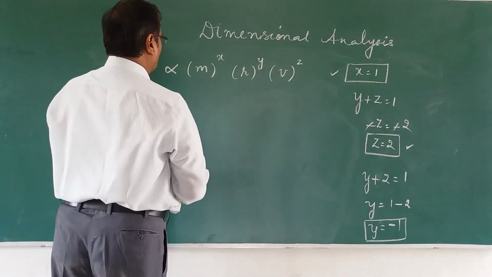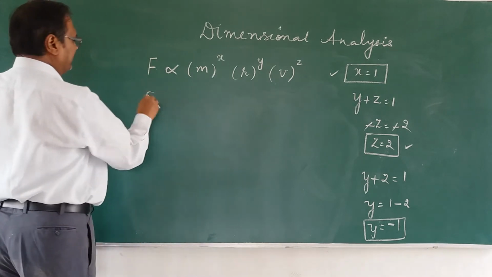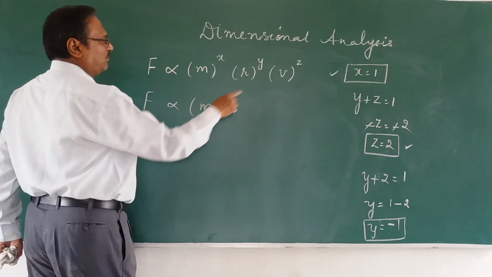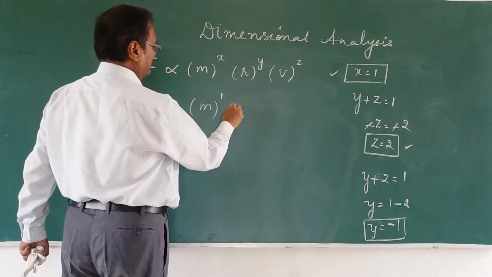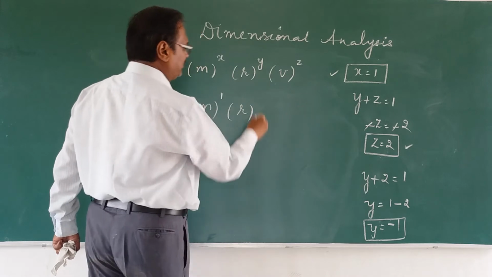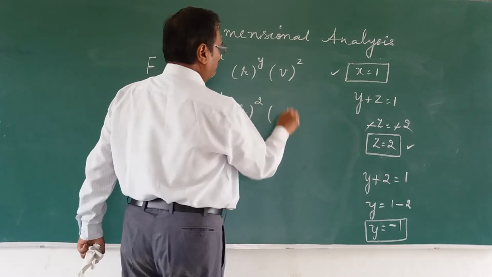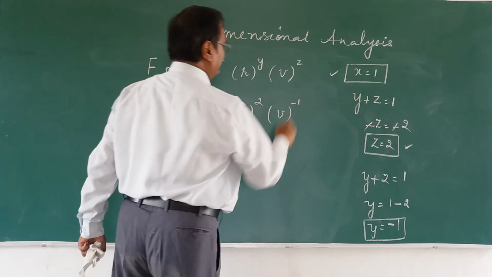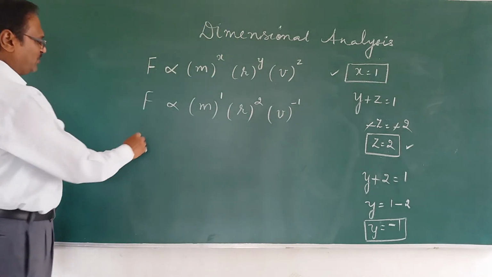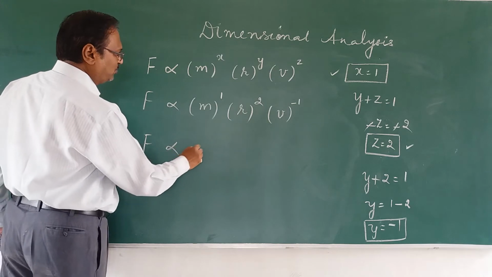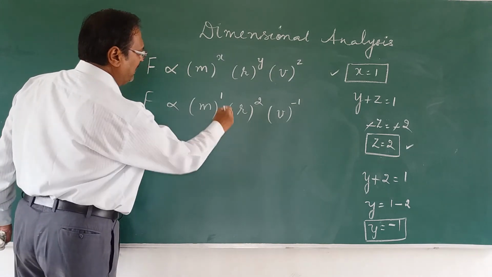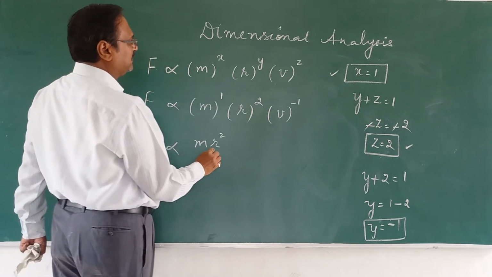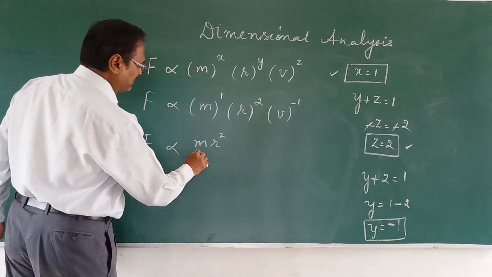So F is, again I continue with proportional, no problem. M power, what is x value? 1. R power, what is y value? 2. What is v? V power z is minus 1. Excellent, we got it now. So F is proportional to m r square, okay, m r square